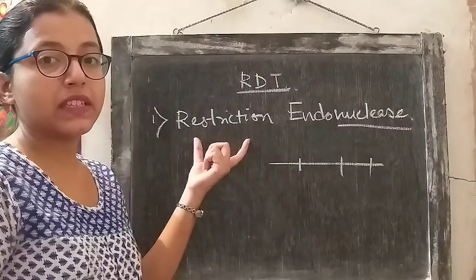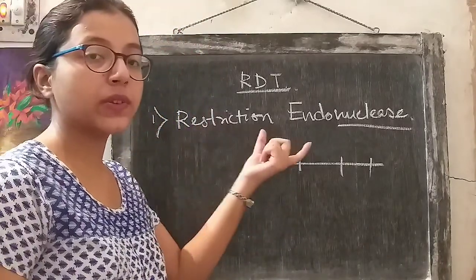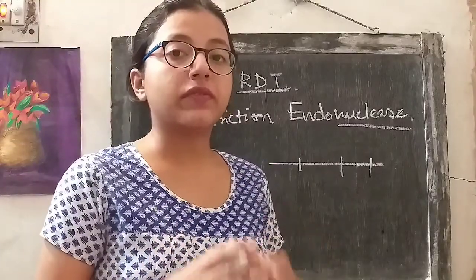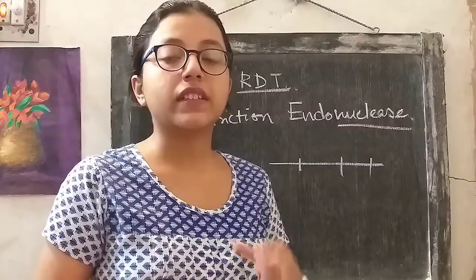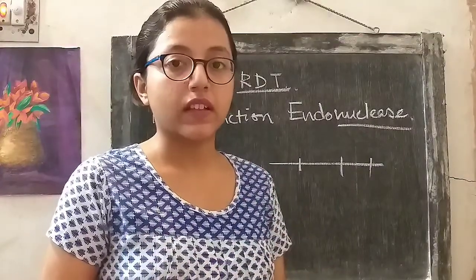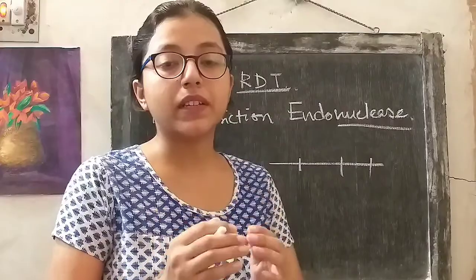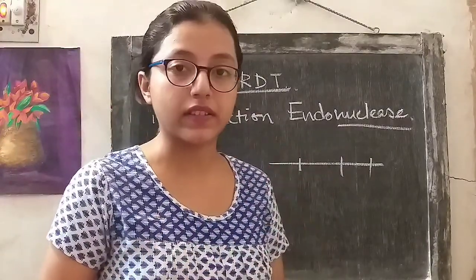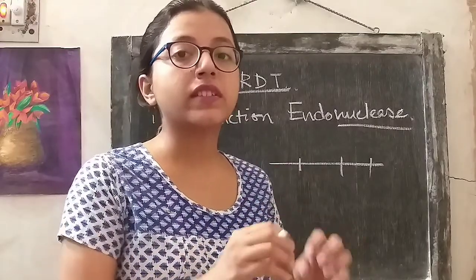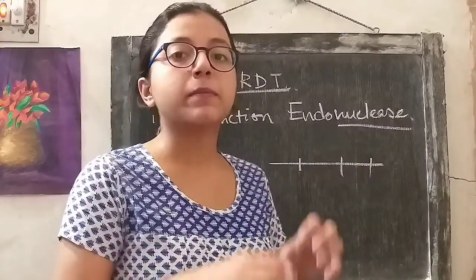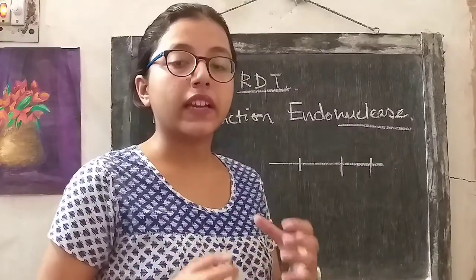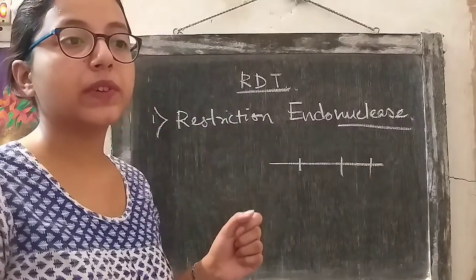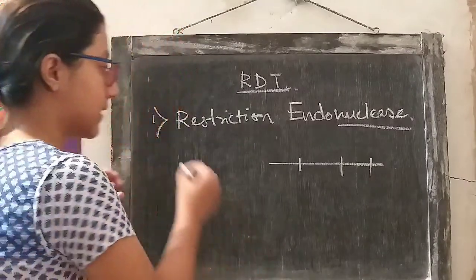And why are they called restriction endonuclease? Restriction, because the region where they will act is restricted. They do not cut all the sequences. They are specific for some particular sequence. So this restriction endonuclease acts upon only specific sequences. Only if the specific sequence of the restriction enzyme is present in the DNA, then only the nuclease will act. Suppose this restriction endonuclease is specific for a sequence like this.